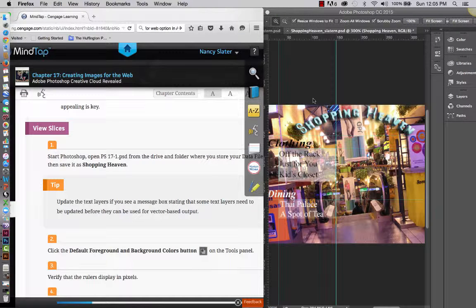Alright guys, welcome. We are back in our textbook. We're in chapter 17 and we're creating images for the web. Our textbook, of course, is Adobe Photoshop Creative Cloud Revealed, and we are on the last week here for the